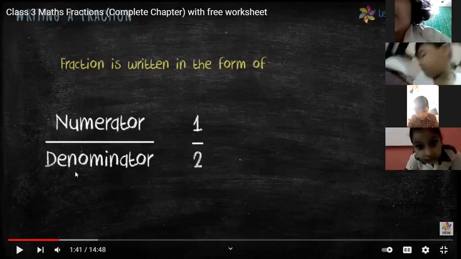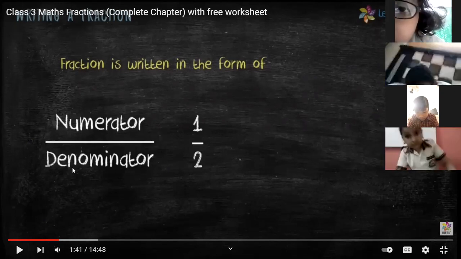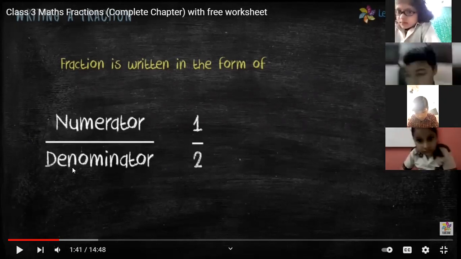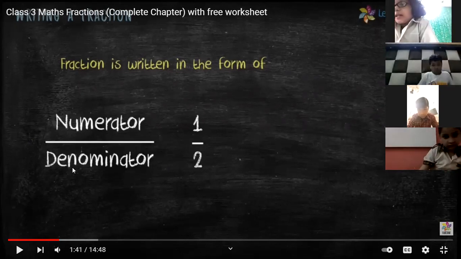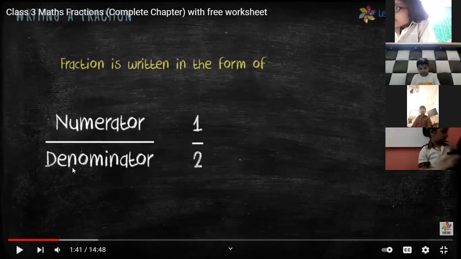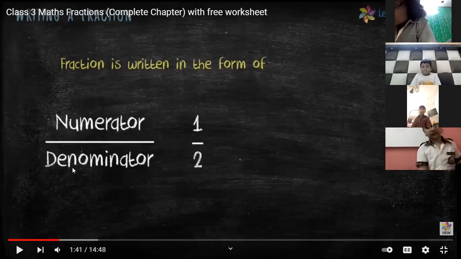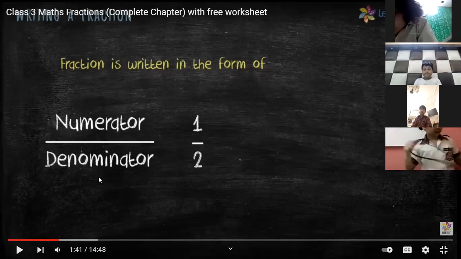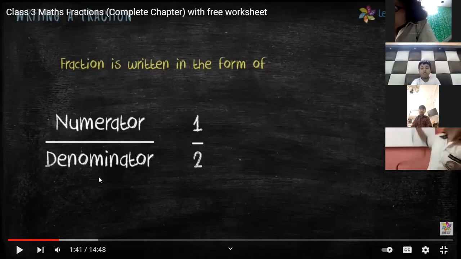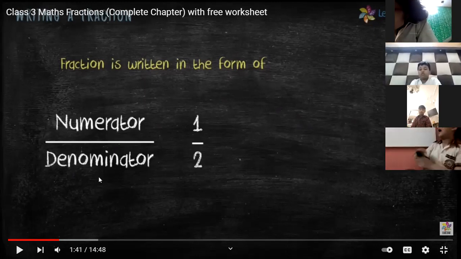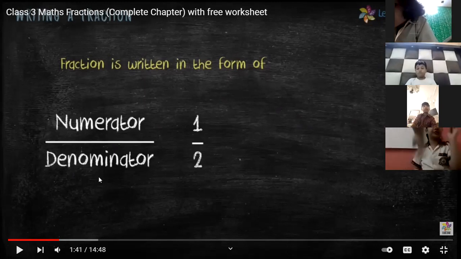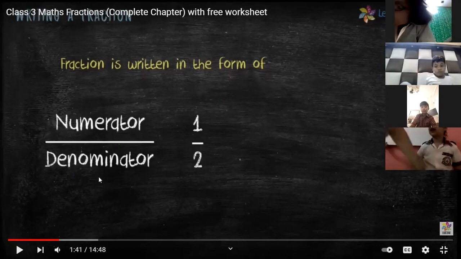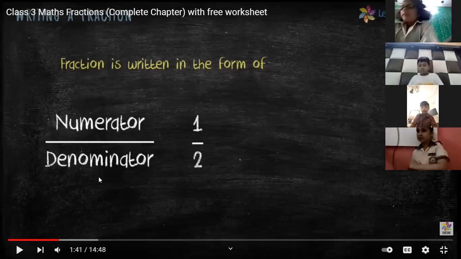So here, the bottom part is called the denominator. What is the denominator? What are we going to write here? Denominator means the total number of parts we have made of a particular thing. Suppose in our previous example, ma'am is having an apple, and I have divided this apple into two equal parts. So it means the total number of parts are